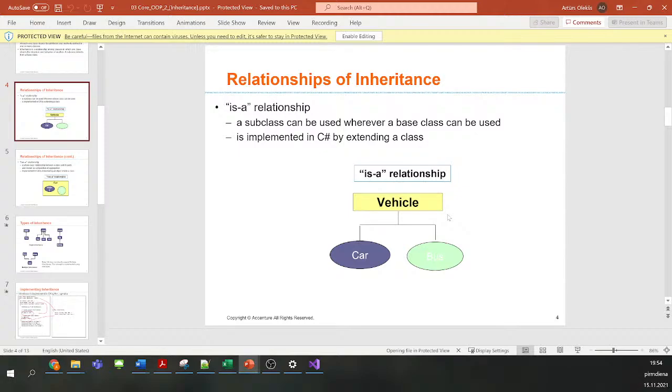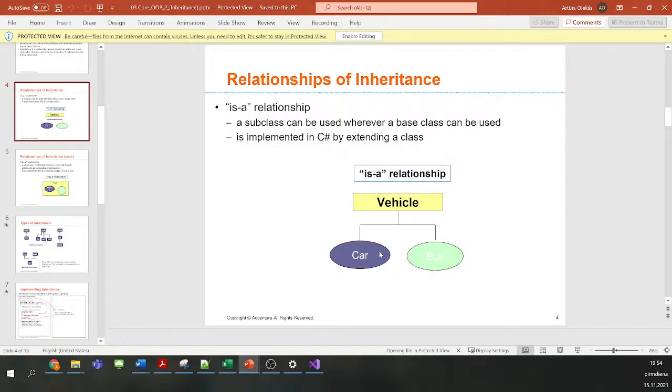So is-a means that, in this case, car and bus are both subclasses of the class Vehicle. Car is a vehicle, and bus is also a vehicle, but vehicle is not a car, vehicle is not a bus, and car is not a bus, and bus is not a car.